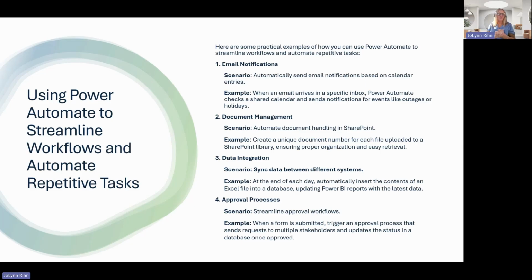Email notifications are a big one. We want to be able to automate when things are, if this changes, do this. If this is added and it has this word in it, do this. So if you kind of think about your day-to-day tasks that you do, think about all the ways that you could automate those processes by looking through some of these scenarios. Now, of course, in your handout, I have a ton of different scenarios and some examples and things like that. But let's get back to actually seeing how this works.